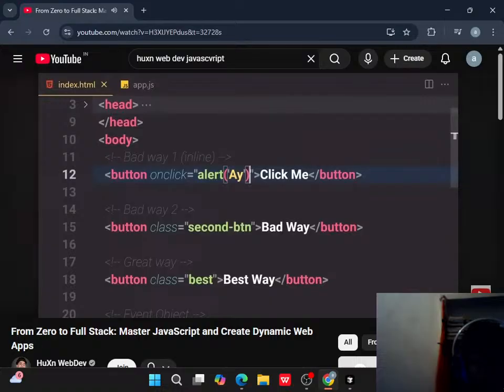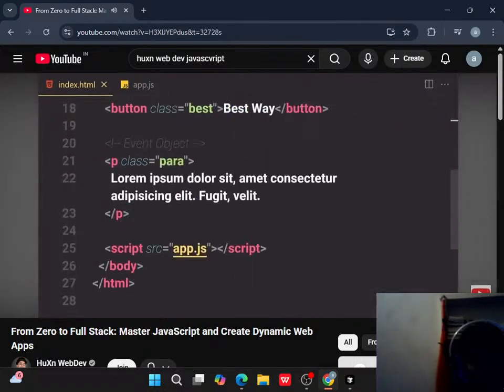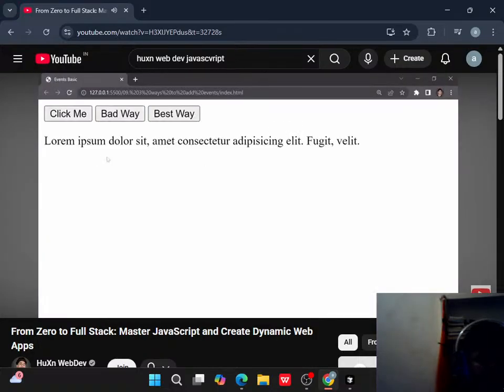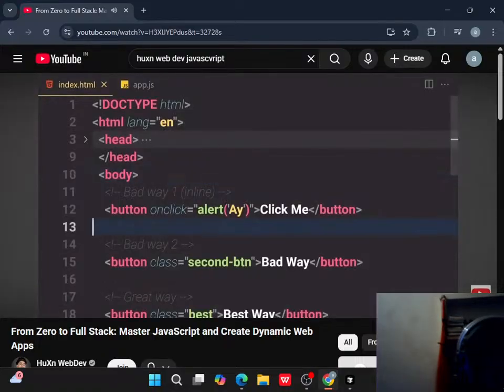Okay, so if you save our file, and let's just launch this in our live server, so it will now just launch it. Alright, so now if I click on this click me button right here, you can see it will now give us this A right here. That's because of this event